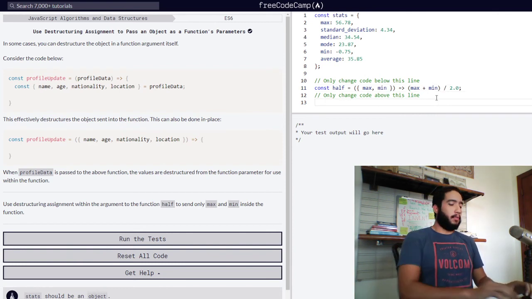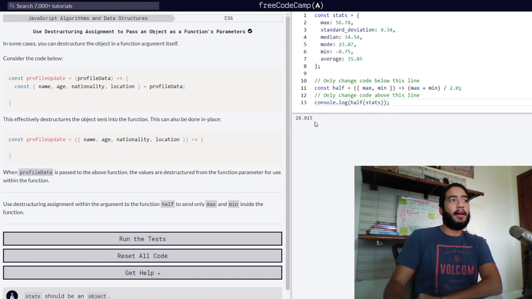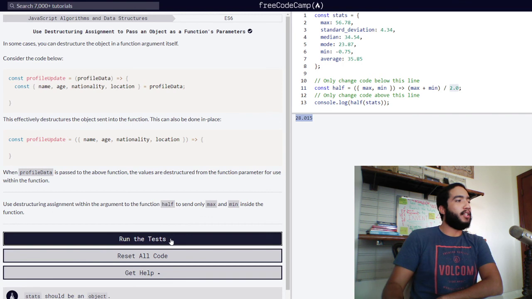And if we go to the console and call it and log it, we will see that we get the same exact result of 28.015. So what we did here was we called the function and passed into it the stats object right here. Our function, since we typed this right here, since we destructured, already knew that it needed to work with the max and min values within that object. And then it simply added them together and divided them by 2. And we are returned with a value of 28.015. So this challenge is now done,